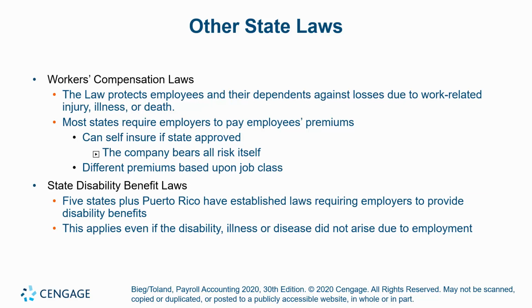Okay, other state laws, I'm not going to talk a whole ton about this, but workers' comp, everyone's aware that every state has to have workers' comp, right? Workers' compensation. They can never make you pay for it. It's always employer paid. And this is kind of a mouthful, but it's statutorily equivalent, meaning it's got to cover the same kinds of things in Idaho and Iowa and Alabama and Alaska. It's statutorily mandated. So I can't say, well, in Montana, we don't compensate you if you lose your leg.